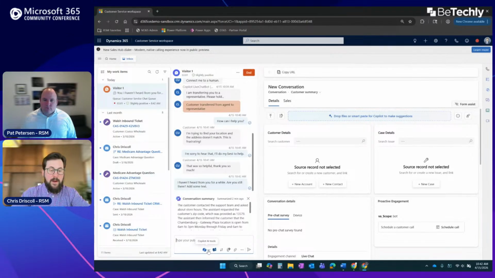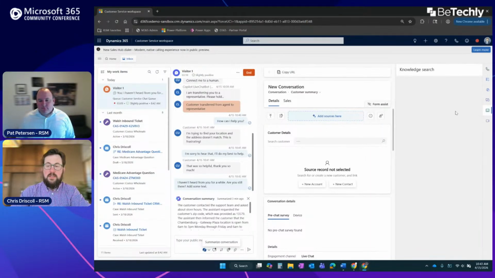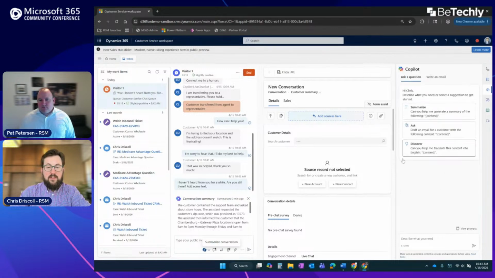I can also use Copilot. So if I grab the Copilot here, it'll give me a summary. And then I can also use the knowledge articles over on the side of my screen. So if I were to open up the knowledge base, this is going to do a knowledge search based on the conversation that I'm having. I can use that, or I can use the Copilot button here so that I can leverage all of my